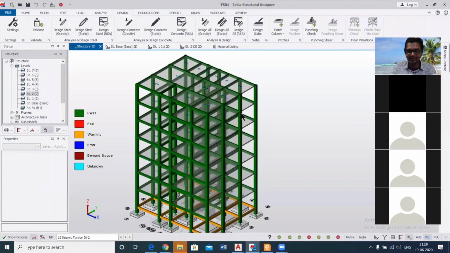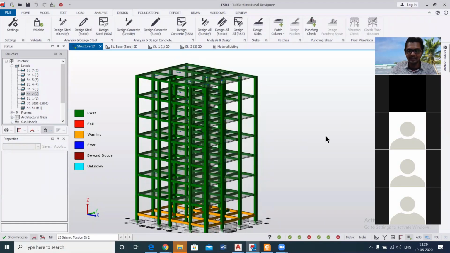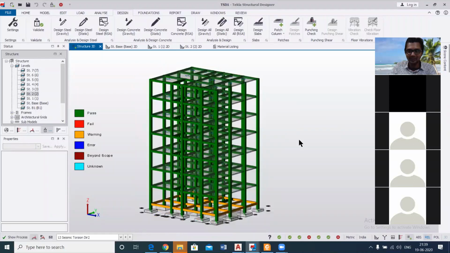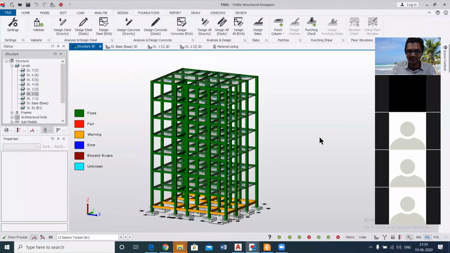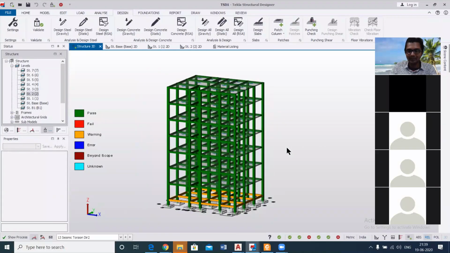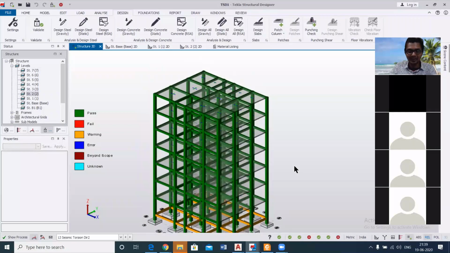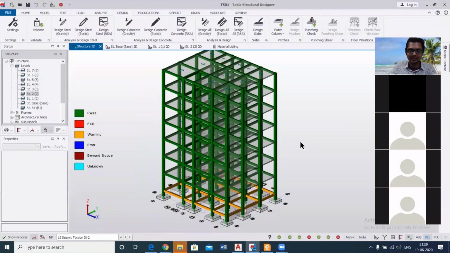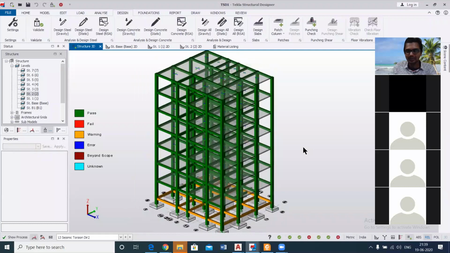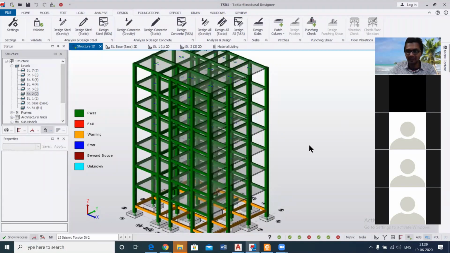As you can see, it's done. We have deleted all these beams, and as you can see, there is no error. So you can play around with this software. It's very easy. The user interface is easy, and basically, as you know, time is everything right now. Time and ease is everything. So it's good in that aspect.